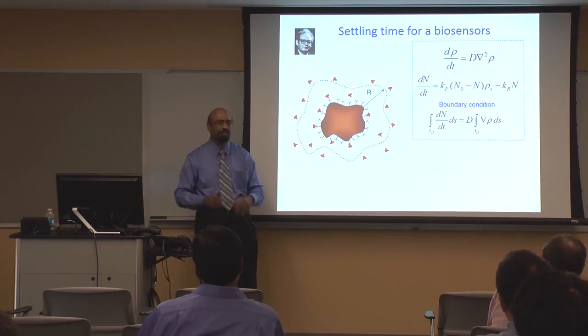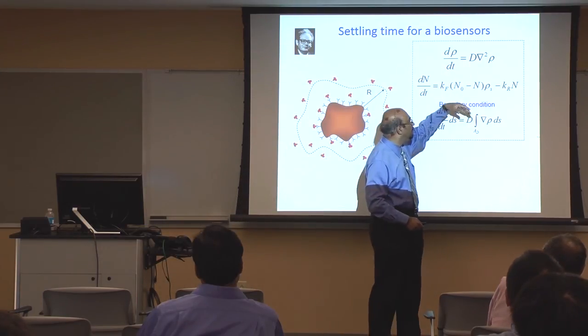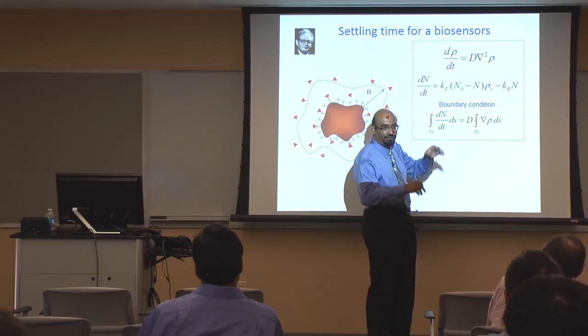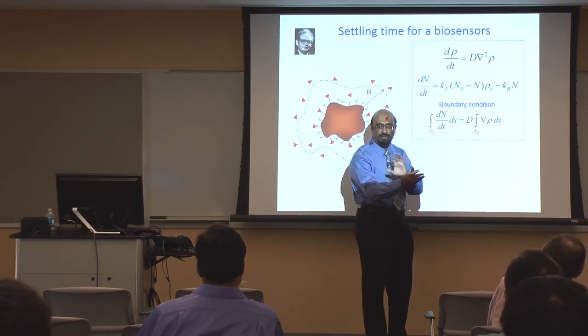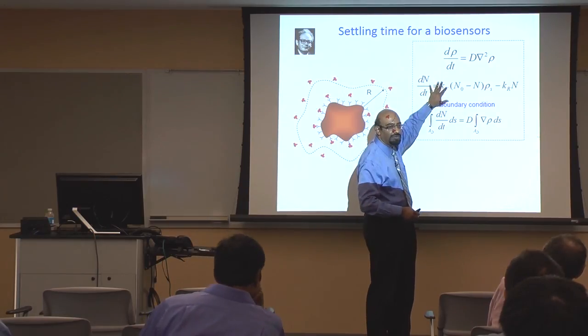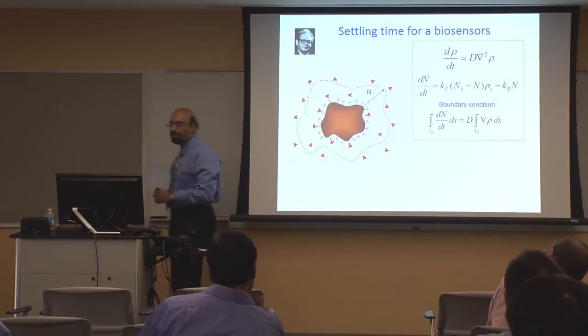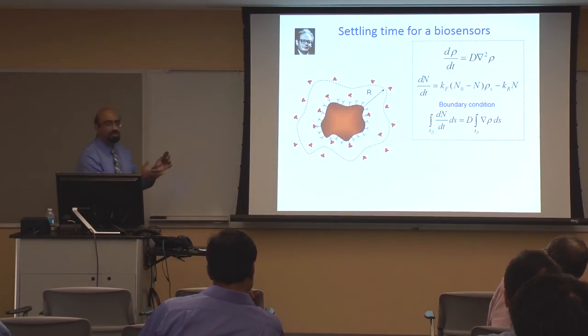This is a very simple problem of three-dimensional diffusion with a surface-specific capture. Because depending on if it's a cylinder or if it's a sphere, then you will have different capture. Now, it turns out you will have to burn many computer hours in order to solve this problem, because three-dimensional